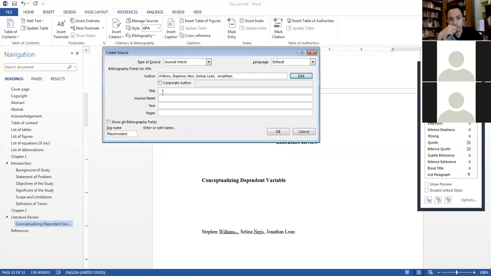Okay, the title referring to the title of the article. So in this case, the title is The Role of Theory. This one actually I just copy from the article. But I need to check. Okay, the name of article, only the first letter should be capital letter.